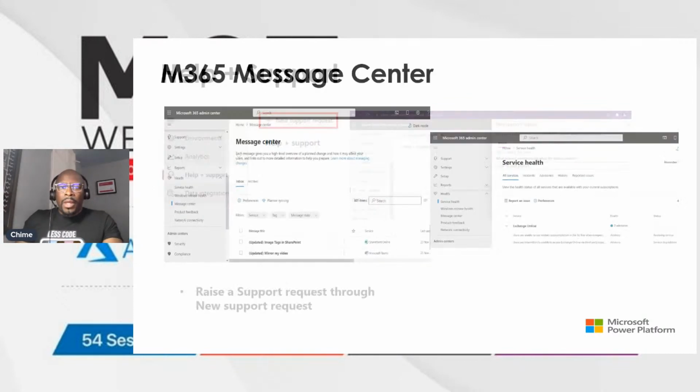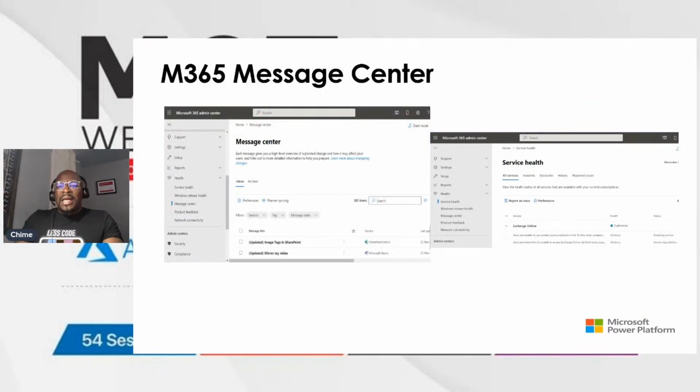Okay. And we've also got things like the message center in Microsoft 365. The Microsoft 365 Admin Center has things like your service health dashboard, where you can see the health status of all the services available within your current subscriptions within your tenant. You can also use the message center. So if there's an outage or something wrong, you can come in here and see any messages that come from Microsoft. So,